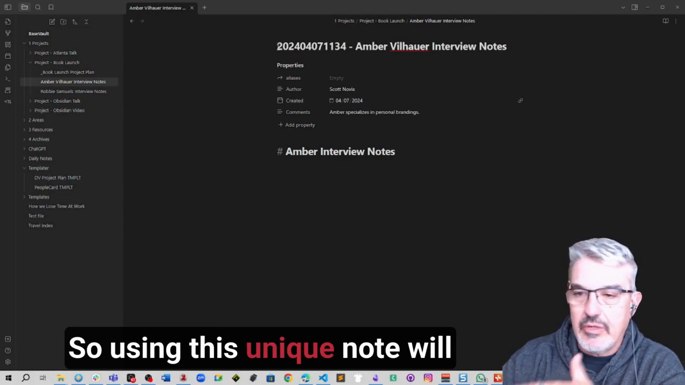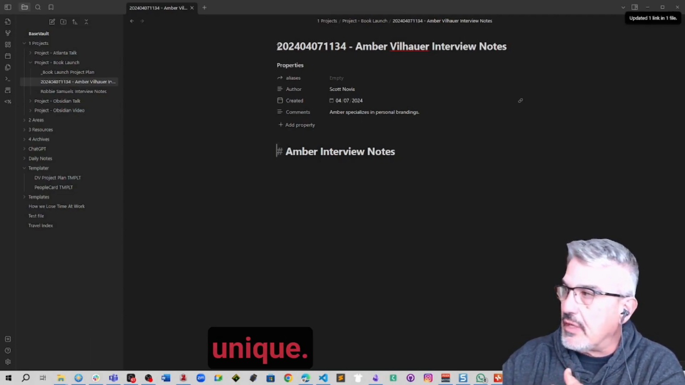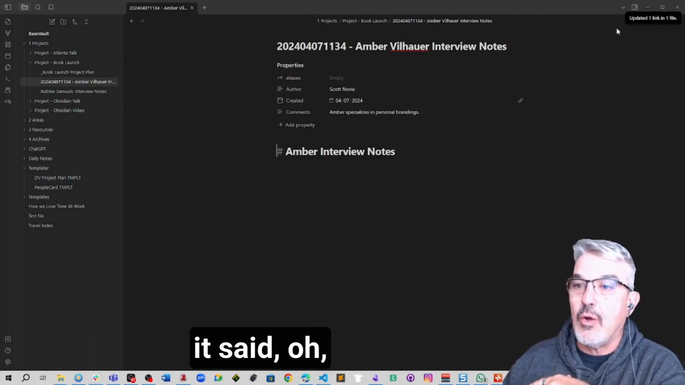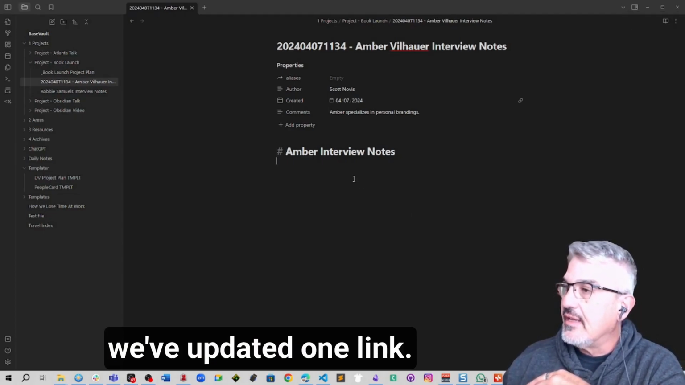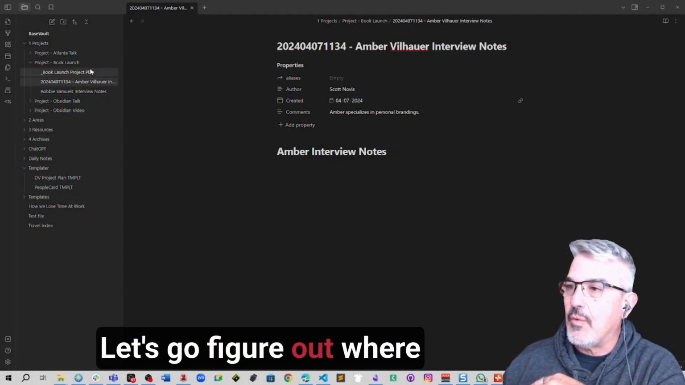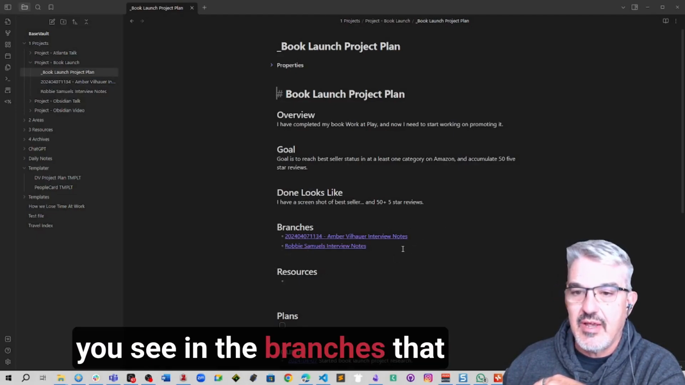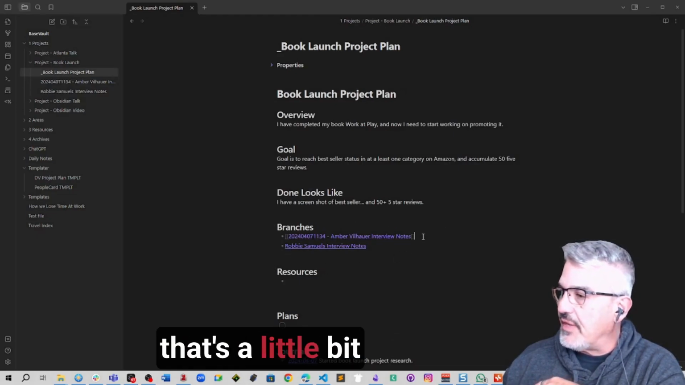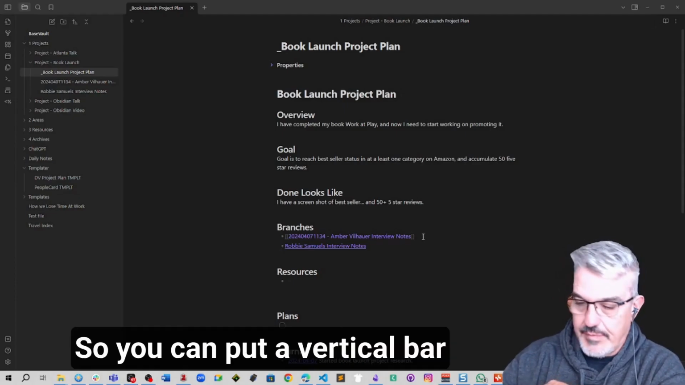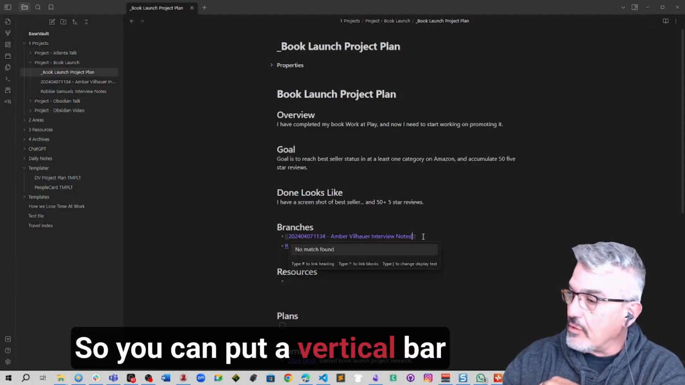So using this unique note will make this file completely unique. And now up in the corner, it said, oh, we've updated one link. Let's go figure out where that link was updated. And sure enough, you see in the branches, that was updated. Well, that's a little bit ugly to read. So you can put a vertical bar